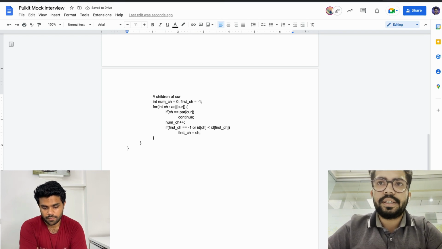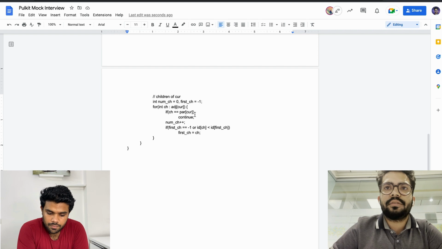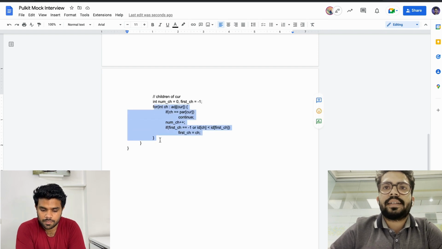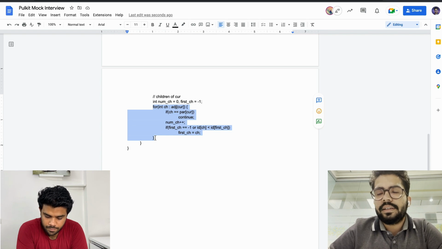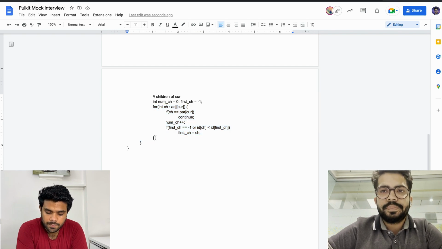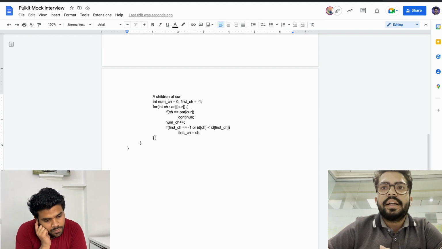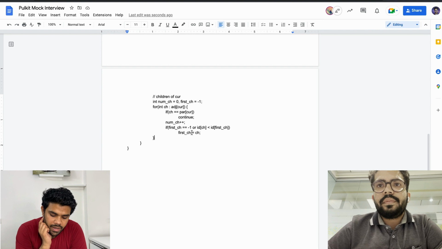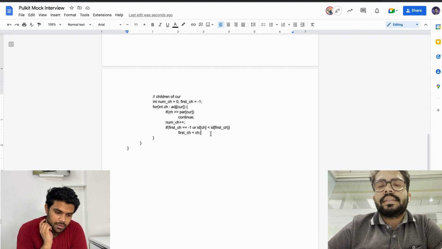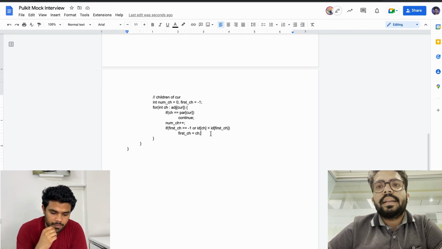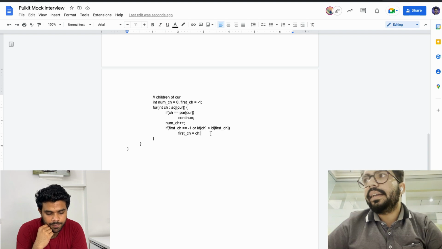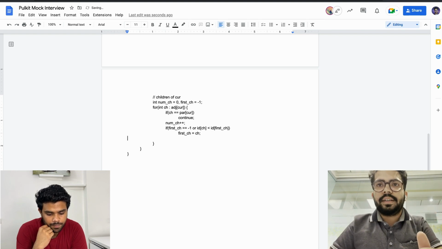Now from this particular exercise, after iterating over the children, I'll be able to get the first child, right? And from this first child, I will be able to get the rest of the children also. I hope this is okay. How would you get the rest of the children? Because they're sequential. I'll just do that right now, and then we can discuss.